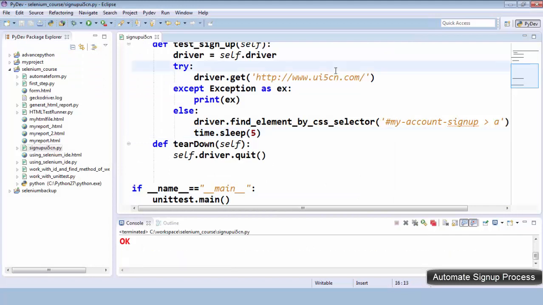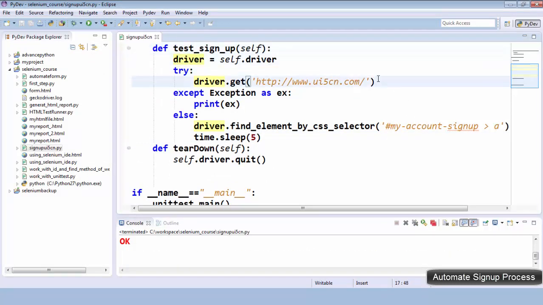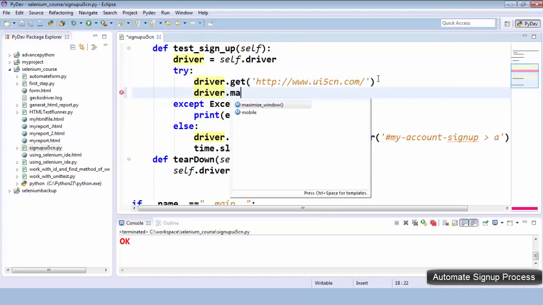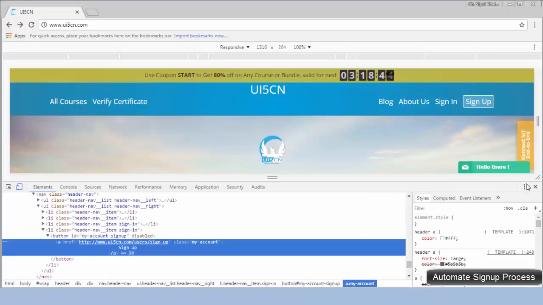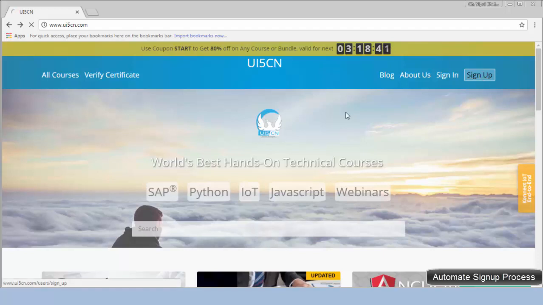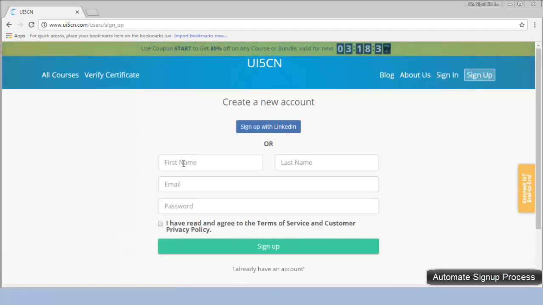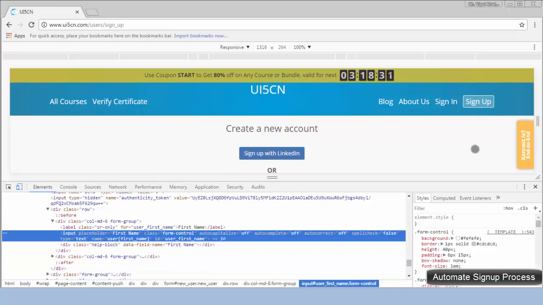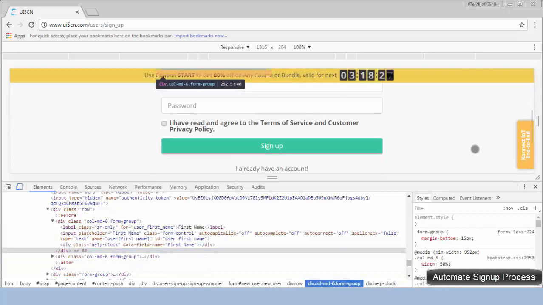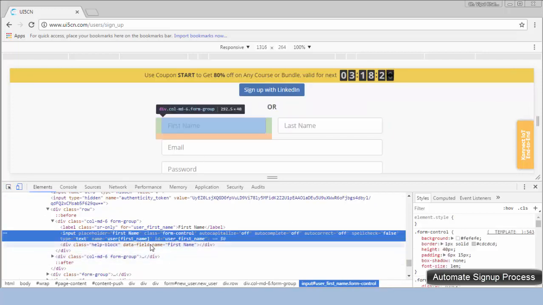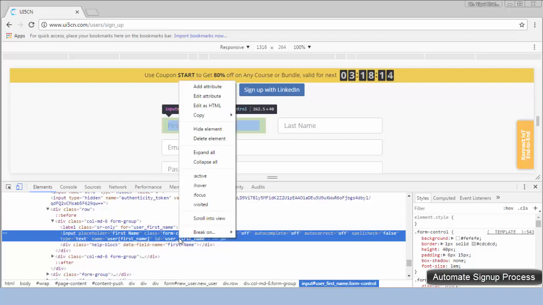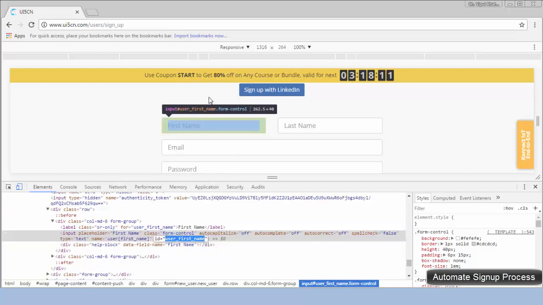Now it got closed. I will make it large, like we can maximize it. So here I can use driver.maximize_window, so it will maximize the window. If I go here, then I will close the inspect element and I will click on sign up. This is the first name, so you can right click here, you can inspect it. The first name, I will hover on it, first name, and here you can see they have provided ID. So this is the ID and you can edit attribute and copy this,